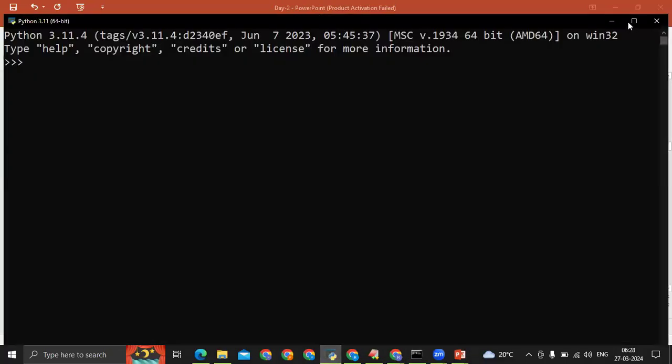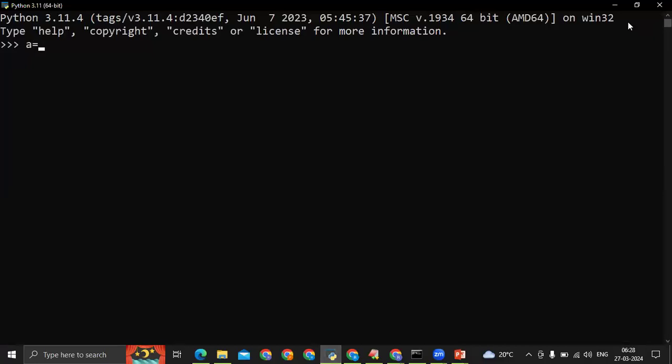Let's take A is equal to 0B. See, I'm writing in the binary format. That is why I need to write 0B. 0, 0, 0, 0, 1, 1, 1, 1, 1, 0, 0, 0, 1, 0, 1, 0, 1. Do you understand what is this?